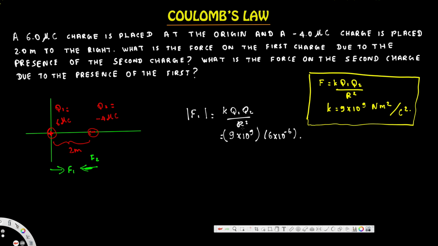I'm neglecting the negative sign because we are calculating the magnitude, so the negative doesn't matter. 4 times 10 to the power of negative 6, divided by the distance between them, 2 squared, and if you calculate this you are going to get